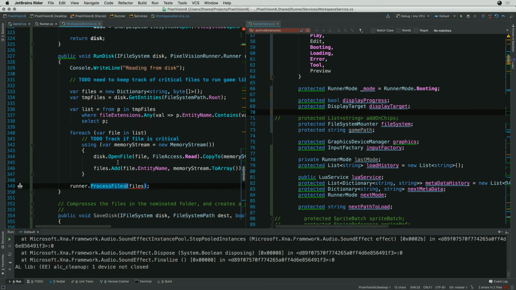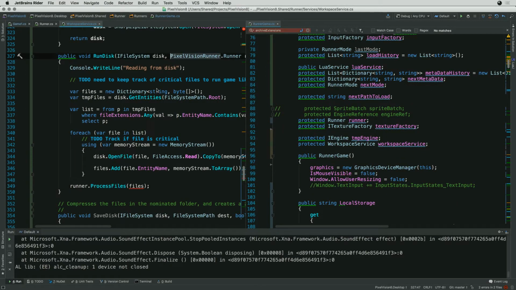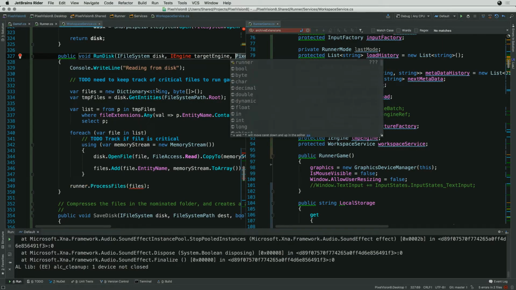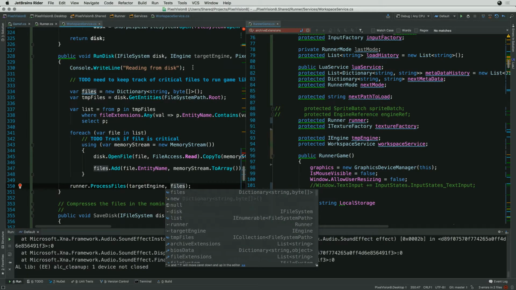What's going on? Run disk. I think I also need an IEngine. Import missing reference. So it needs this, and